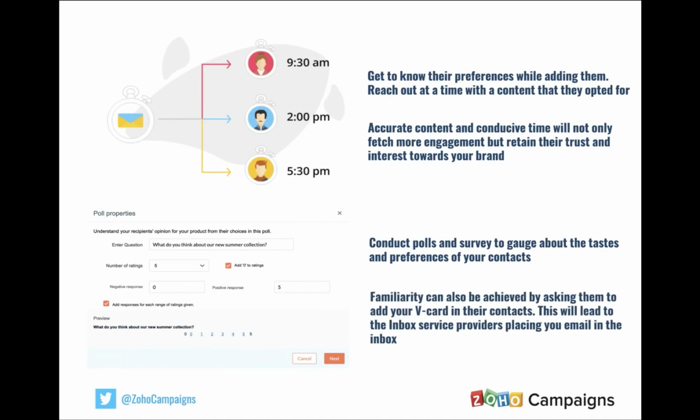Email marketing is also all about familiarity. That is, how well do you know your customers, and how well your customers or subscribers know you. Another way to initiate this is by attaching the vCard. You can attach your vCard in the email, and you can ask the email recipients to add your vCard in their contacts. So the recipient ISPs will be familiar with your email address and the details, and only after taking a look at it, they will definitely allow your emails to be placed in the inbox.